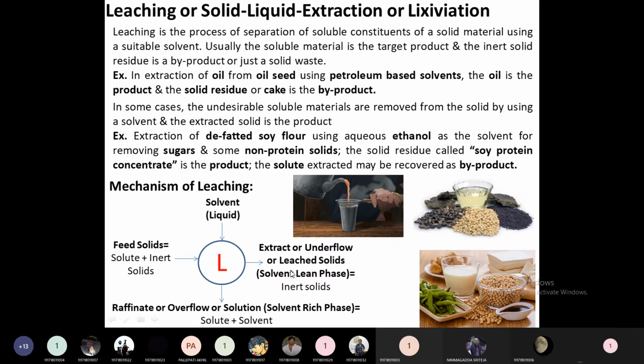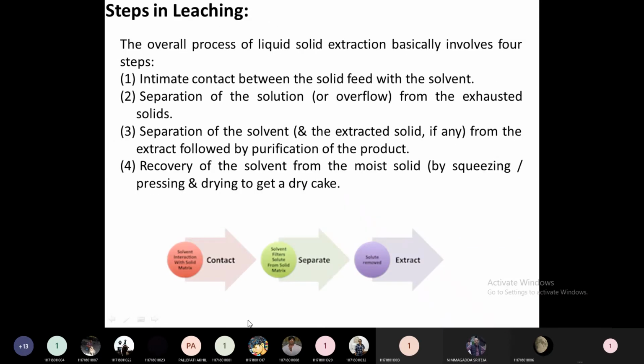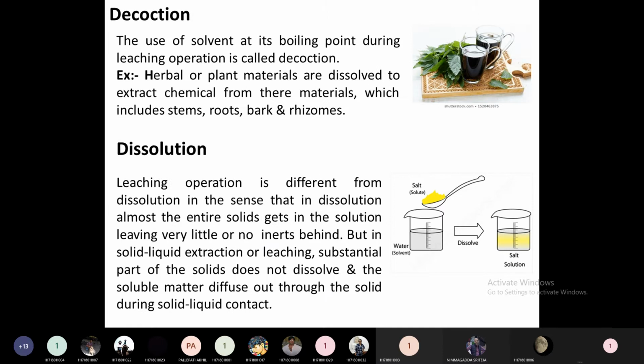So the last two steps are separation of the solvents. The equipment which can perform all these four steps is called a leaching equipment. Only then will it be called a leaching equipment. So these are the steps which take place in the leaching operation. I hope this is clear for everybody.